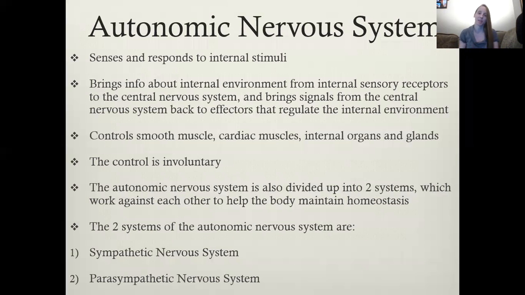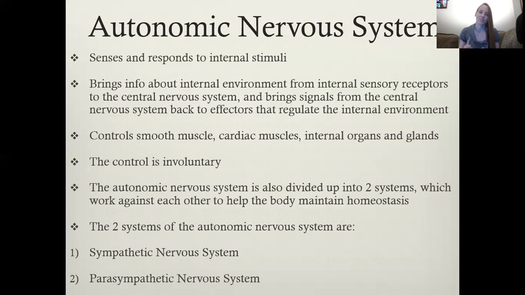And then the autonomic nervous system senses and responds to internal stimuli. It brings information about your internal environment, like your blood pH and your oxygen levels, from the sensory receptors inside your body to the central nervous system, and then from the central nervous system back to the effectors. In that case, usually glands that can release hormones or other chemicals to regulate that internal